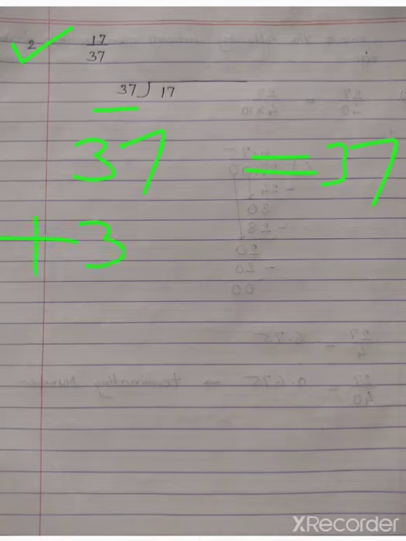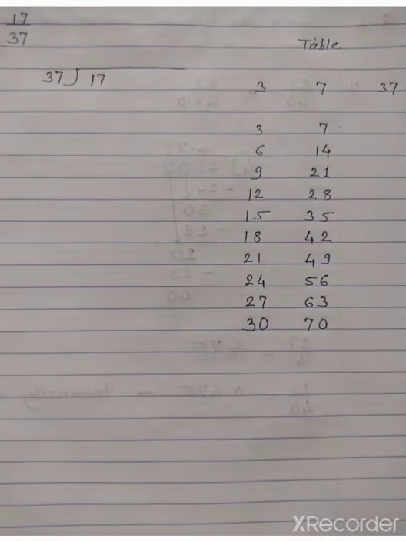Then add the same number, we will get 74. So 37 2s are 74. Again add 37 in this addition. So similarly you can create this table. Otherwise by using multiplication method, 37 into 1 is equal to, similarly 37 2s are, 37 3s are. Like this also you can solve these numbers. Here I am showing you one more method in which we will use table of 3 and 7. Okay, so here I write this table of 3 and 7.